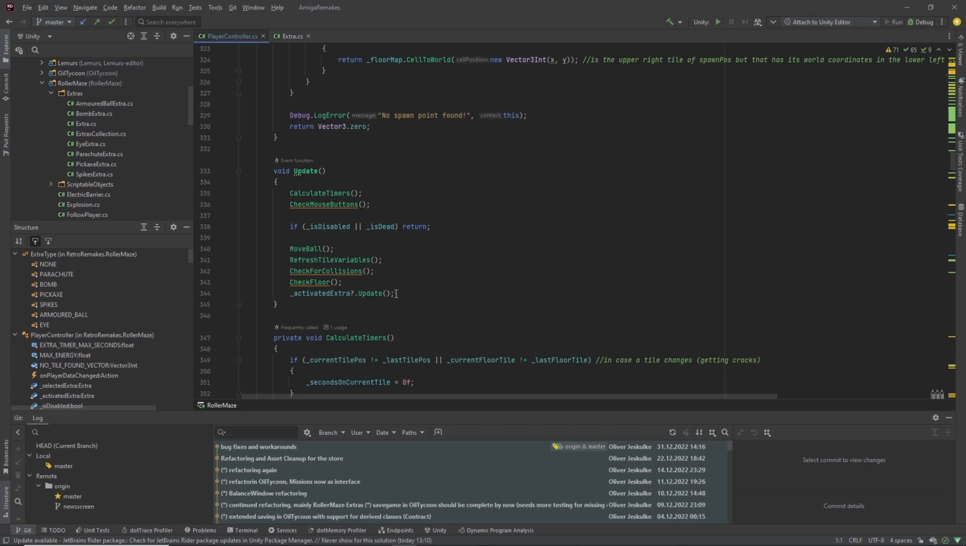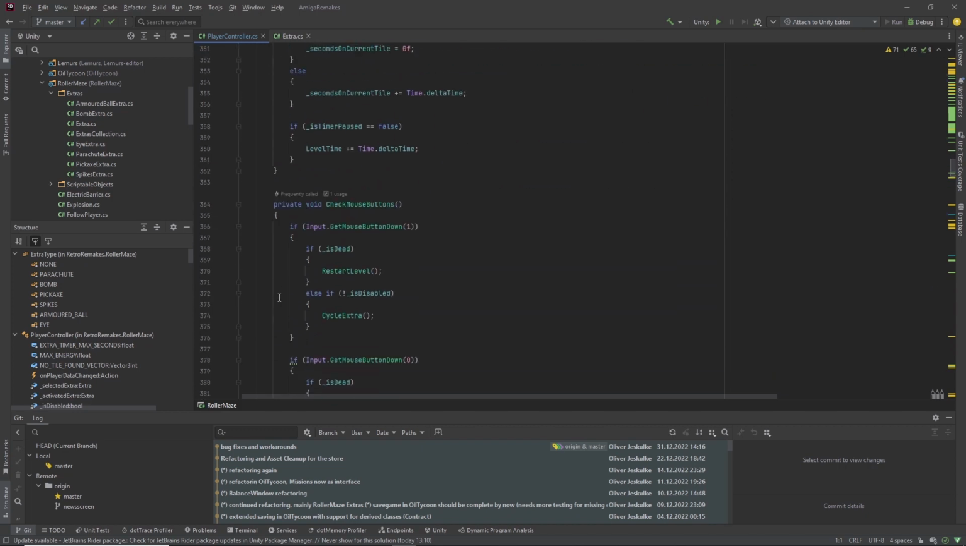Then the behavior of that extra is controlled by the update. And note here, we don't have any if-else statement in here, so the player controller doesn't really care what type of extra that is. It is just a generic extra, like I mentioned, like a plugin. And the extra has an update method and that gets called. Also, when the extra gets activated,